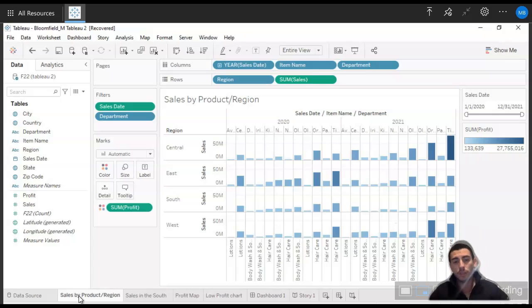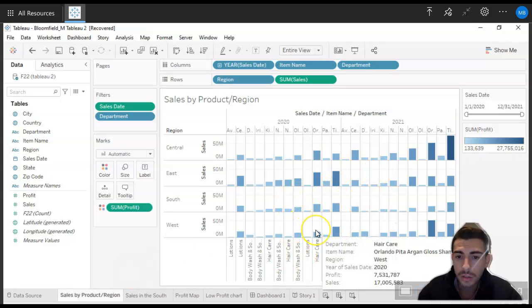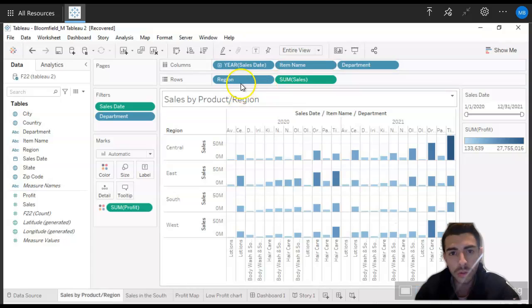On our next sheet, which is sales by product region, I have used graphs here to represent the sales, which are in the rows. First, I will show you our columns. It comes the year, the item name, and the department. And in the rows, it's region